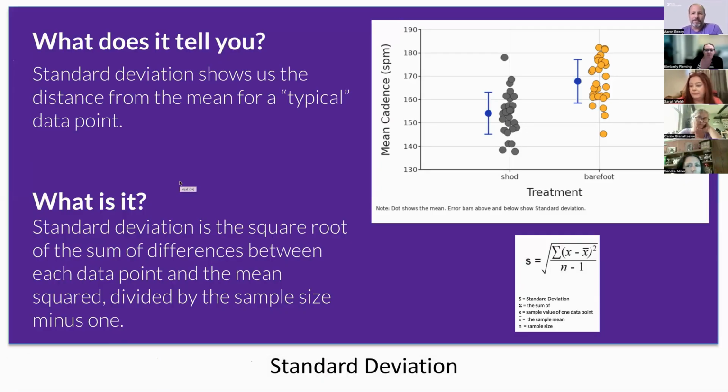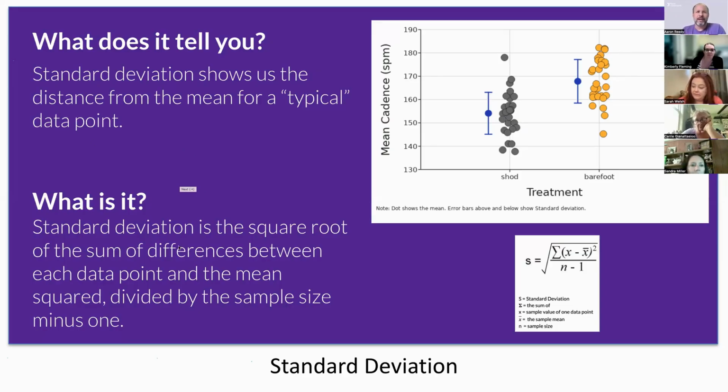So if I'm explaining to a student what standard deviation is, I'm not going into the math behind it, right? It literally is the square root of the sum of differences between each data point and the mean squared, right? Divided by the sample size minus one. That's the whole equation, but that doesn't help us get a sense for most people of what that